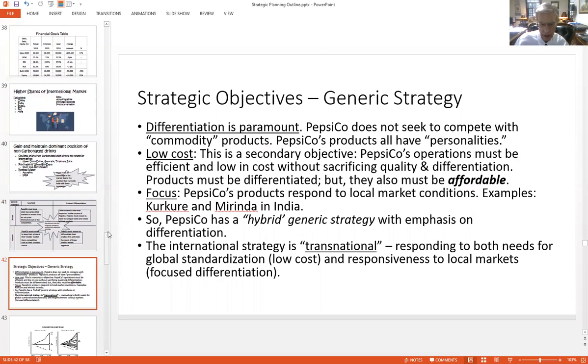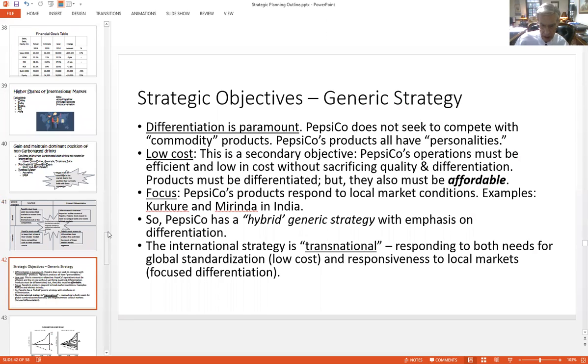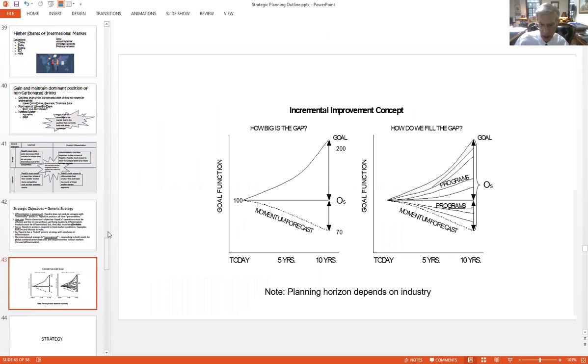So at this point, the team stated what PepsiCo's generic strategic objectives were based upon its assessment of the generic strategic situation. They spelled out what the specific generic objectives of strategy are. And those objectives will probably include using the financial information to build a momentum or baseline forecast of what will happen to the company if strategy does not change,